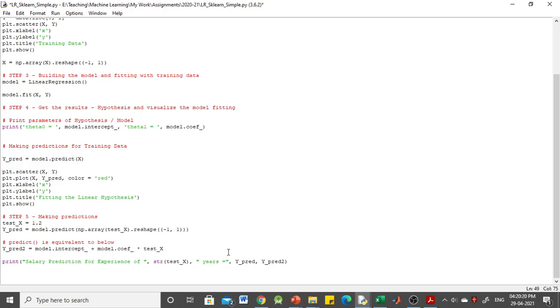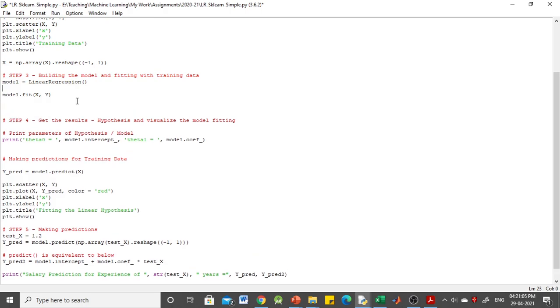Okay, so this is a simple code that we have written to come up with simple linear regression. We have used the sklearn class LinearRegression, fit the model, and predicted for the test data. I hope you have understood this code. In step number 3 we first created the instance of the class LinearRegression, and then used a statement to fit the training data in that model.